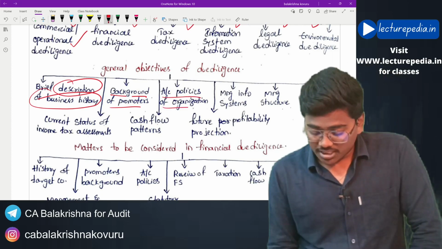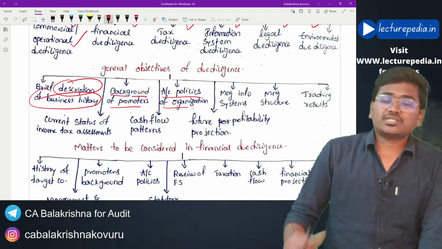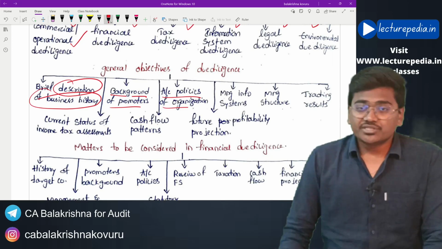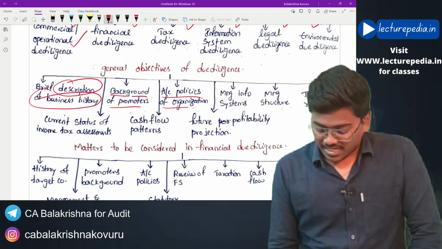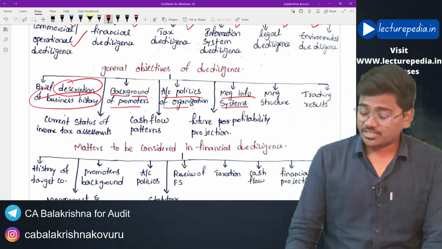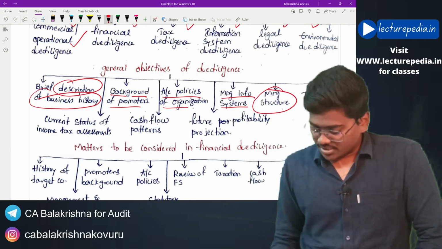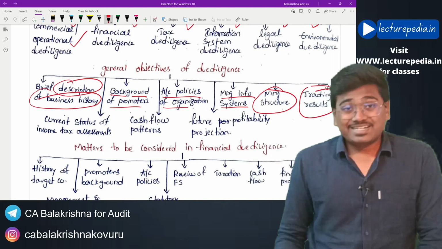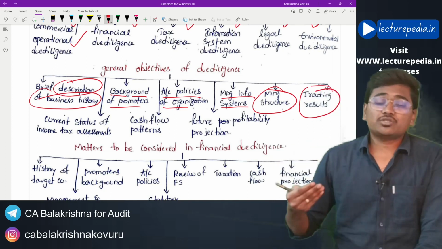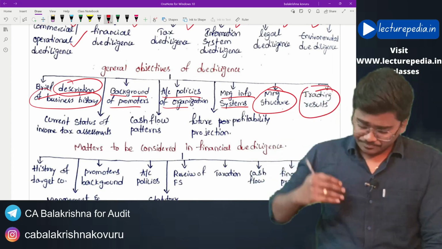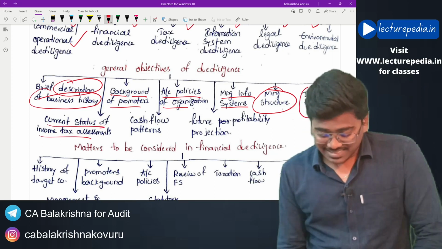And accounting policies that the organization is following, even that will be checked in case of due diligence. And management information system, and how management is structured, what is the management structure in the organization, and what are the trading results, how is the performance of the company in the past, and what is the current status of